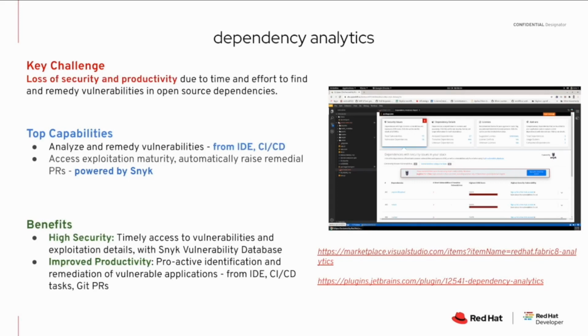So check it out. This will basically give you a pretty easy way of securing your application code before you even run your builds. This way, your open source dependencies can be analyzed and remedied before the code even makes its way into running an expensive build process and pushing it out, only to find out there are vulnerabilities in the dependencies in the first place. And this makes it easy for you to do it directly from an IDE and CI/CD, so you don't have to go around into different tools to remedy this.